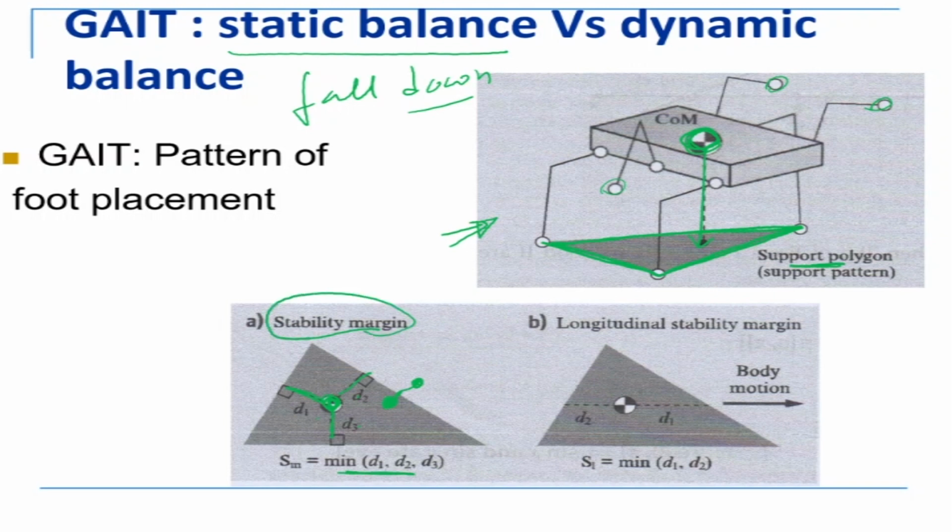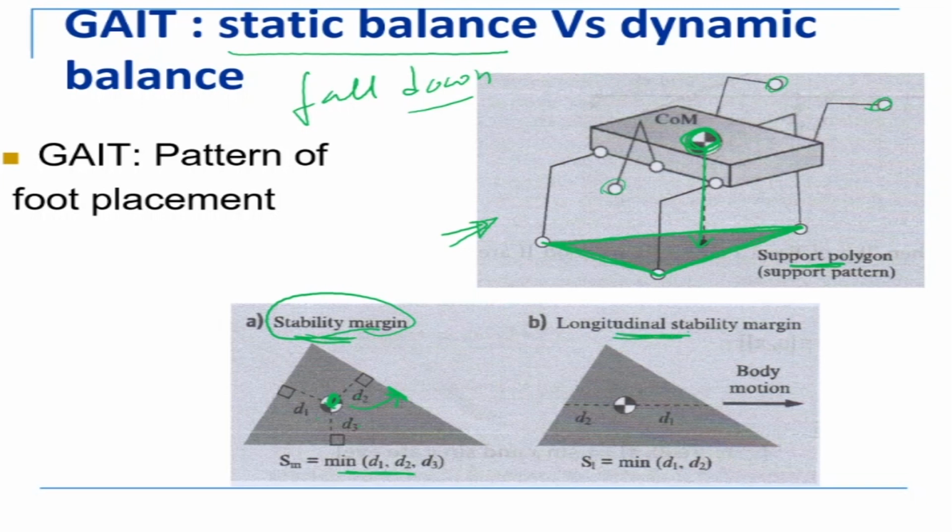How stable is it? When it is exactly at the center of this support polygon, that is the case where you're maximum stable, right? As you're coming nearer and nearer to this edge, you're slowly becoming unstable. When you come exactly to the boundary, then you can become unstable, right? So this is one definition, stability margin.